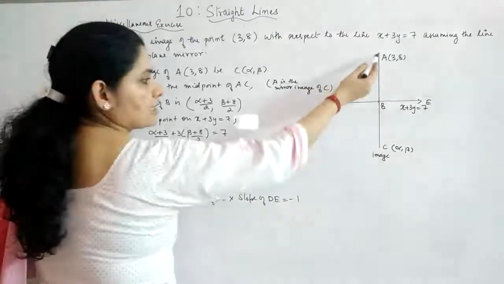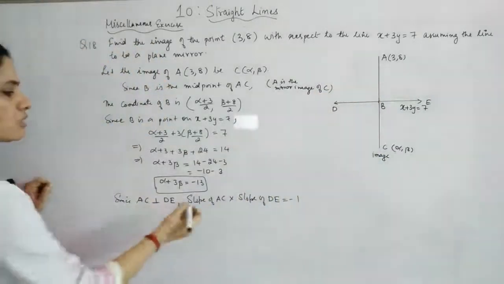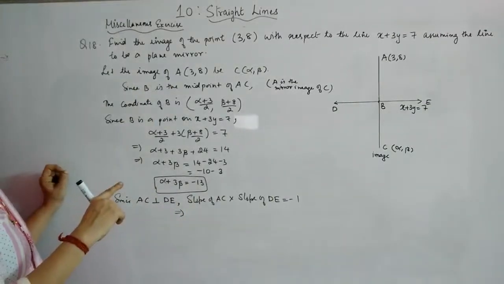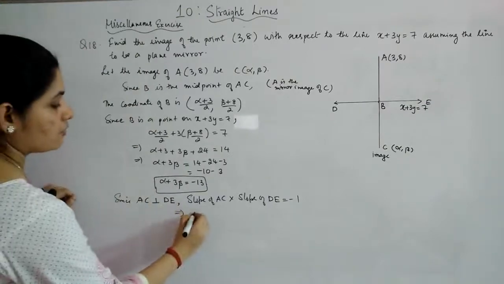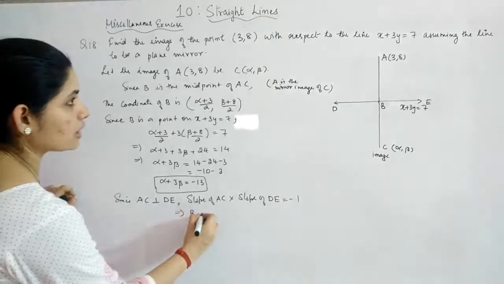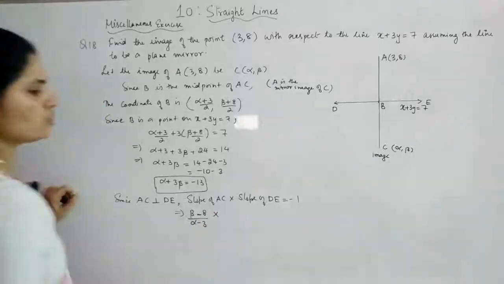This line AC has this point as alpha beta and this is 3 comma 8. So you can get the slope of AC as y2 minus y1 by x2 minus x1. So you'll get beta minus 8 by alpha minus 3 into,